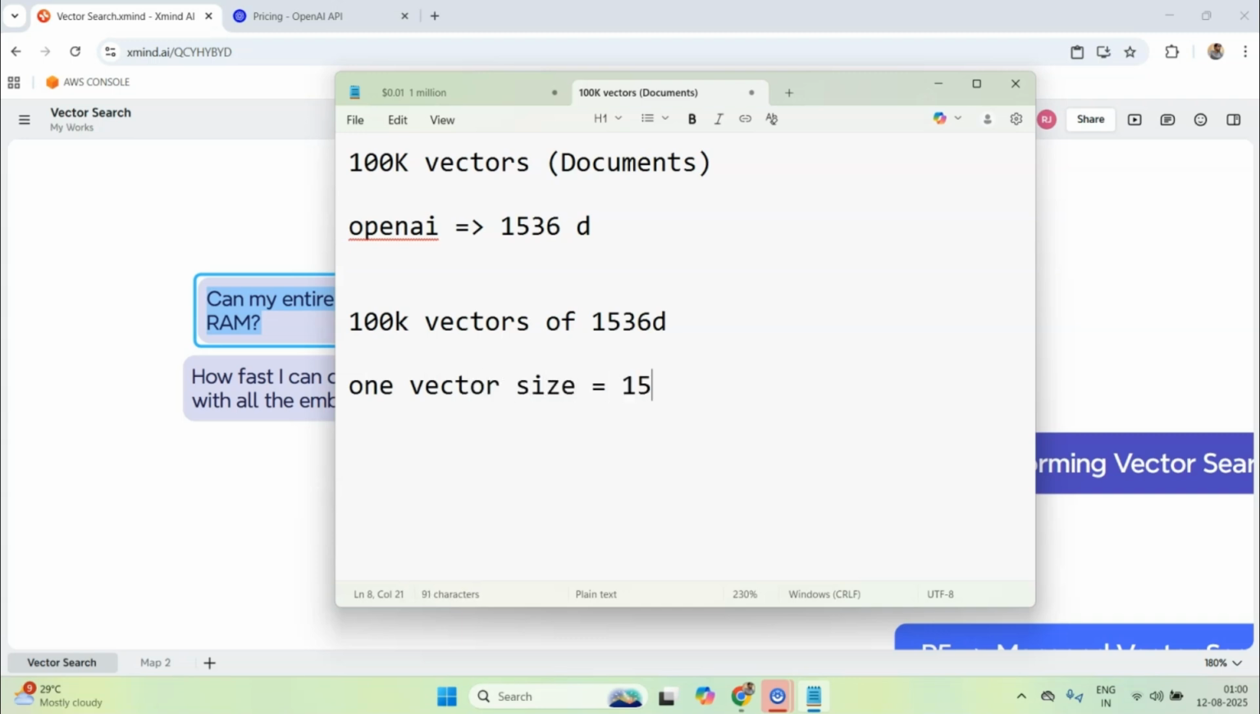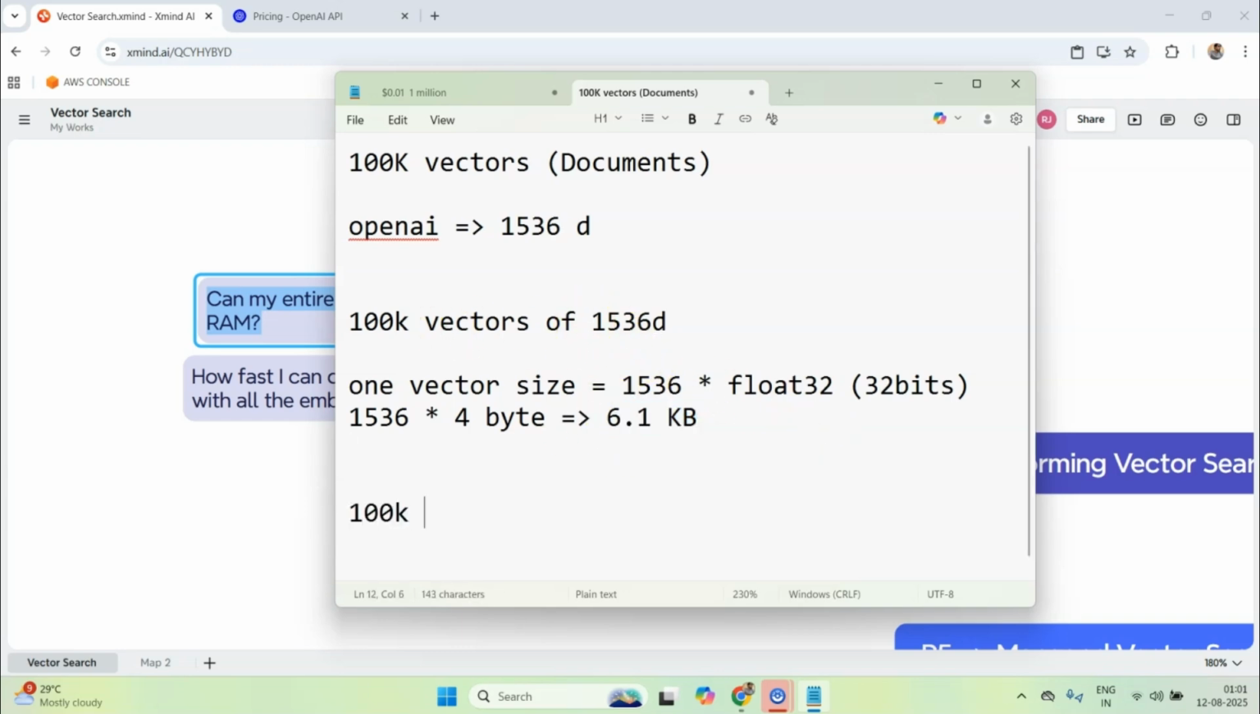the size would be 1536 multiplied by the size of each element within the vector. Now what is the size of each element? That differs from model to model, but OpenAI stores each element in float 32 precision. When I say float 32 precision, it means 32 bits, and 32 bits would mean 1536 multiplied by 4 bytes. If I do this calculation, this would turn out to be 6.1 kilobytes. Now I have got 100k vectors, each taking a space of 6.1 kb, which would mean I am talking about